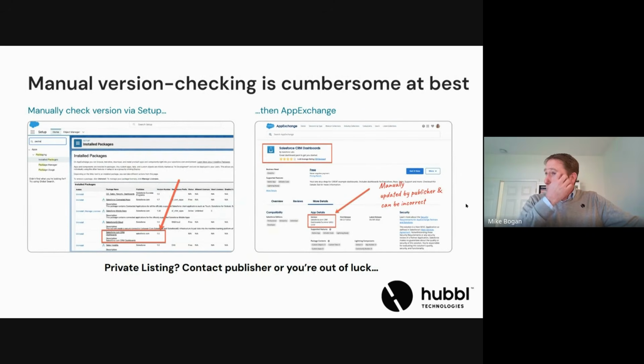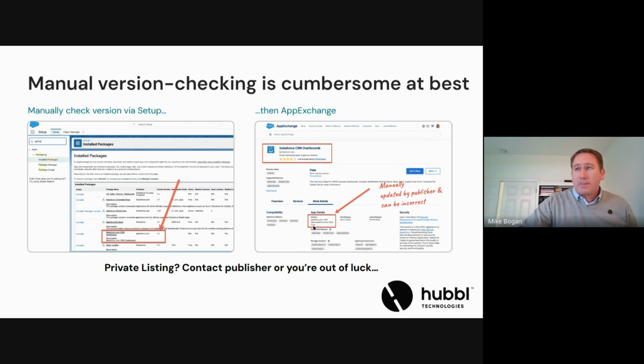If we think about that from a manual versioning perspective, how would you actually do this? So the average org has about 30 apps in it. So what you would need to do is go to the install packages section of your setup. You would need to navigate to each one of your apps. You'd need to find the version number, and then there's not even a way to click from here into the App Exchange to find that app. You would have to navigate to the App Exchange, search and find that particular app, and then you do a few more clicks to get down into that version number